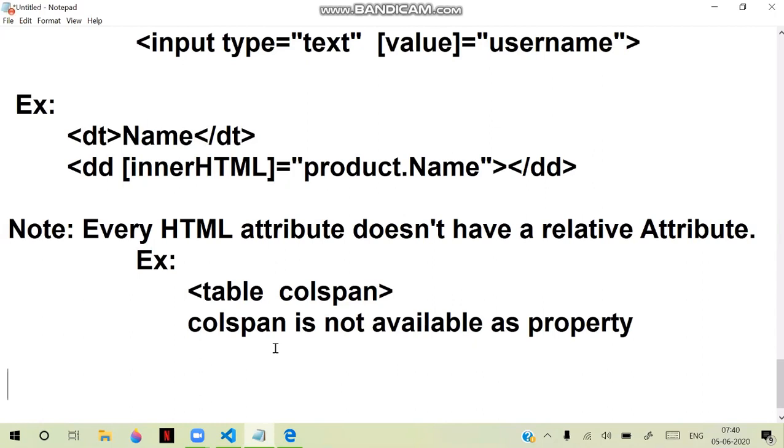Now, in that case, what we have to do is bind to the attribute only. So that means every time we cannot bind to the property. So for example, generally